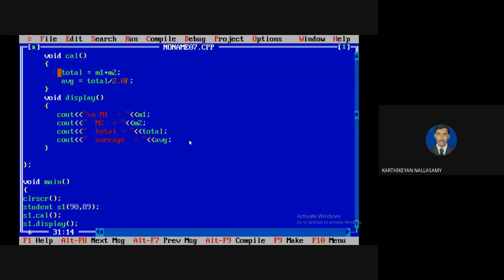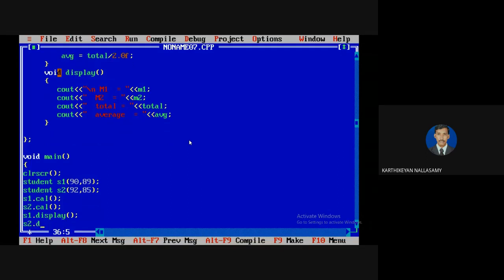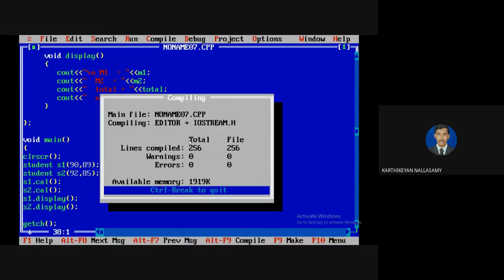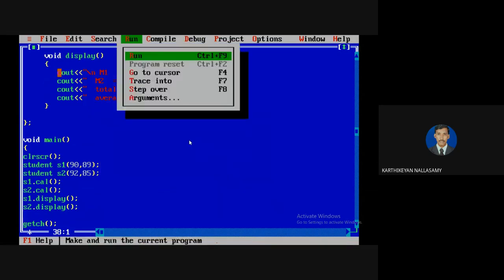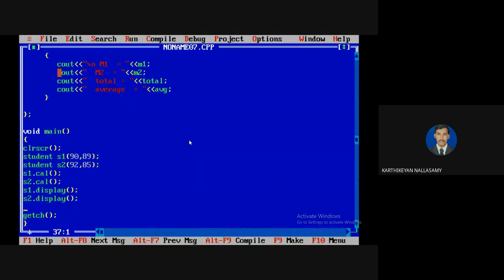I am also going to create one more object called S2, with some values I need to specify. I'm also going to calculate the values of the second object and display them. Now I'm going to test how it works. You know that it is a separate object, so separate memory will be allocated, and then it is displayed as usual. Now what I need to do is compare S1 and S2.